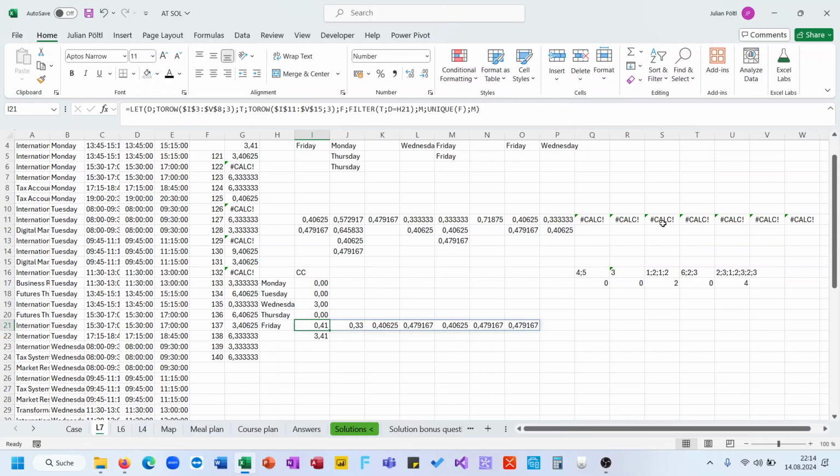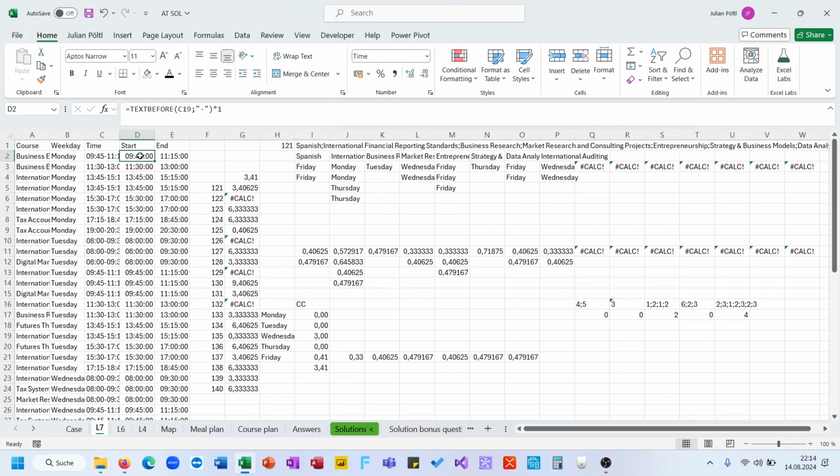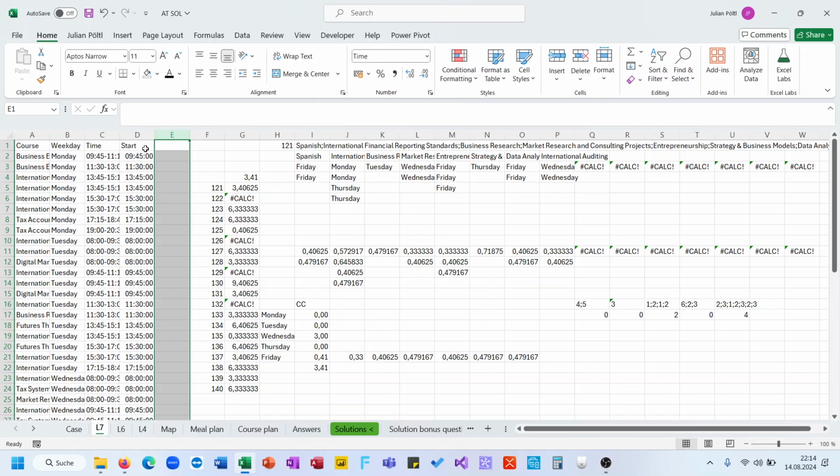I see. There are rounding errors here, because this isn't 41. This should also be 46 to 5. Why? Why are they appearing? That's the question. They only need the start here,